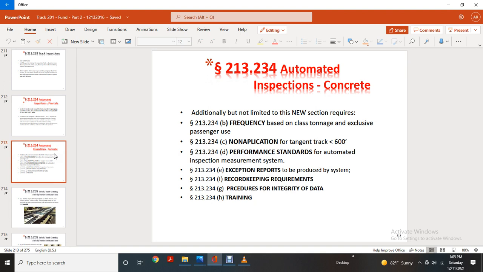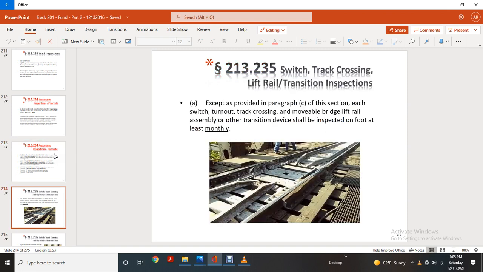213.234D performance of the automated inspection and measurement system. 213.234E exemption reports to produce the system. 213.234F record keeping requirements. 213.234G procedures for the integrity of the data. And 213.234 training. Except as provided in paragraph C of this section, each switch, turnout, track crossing,